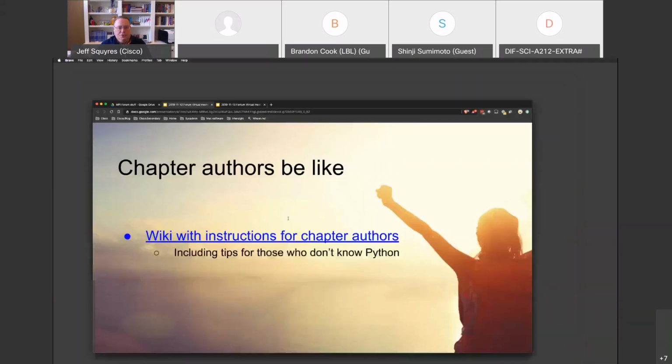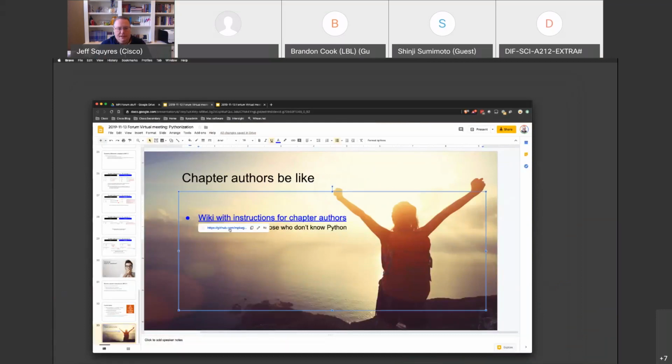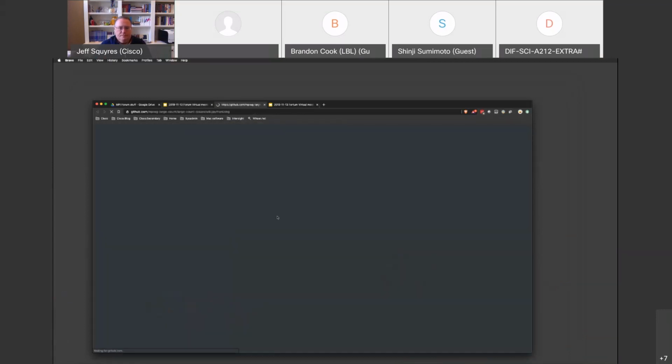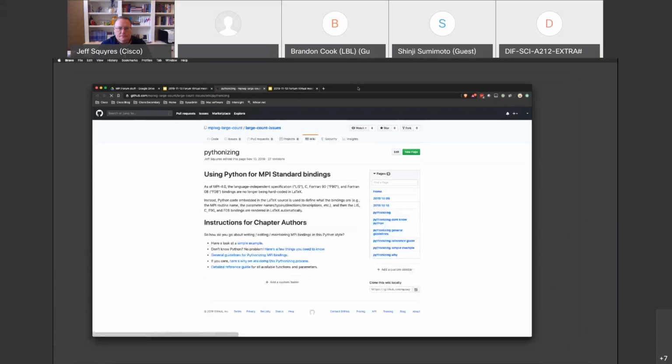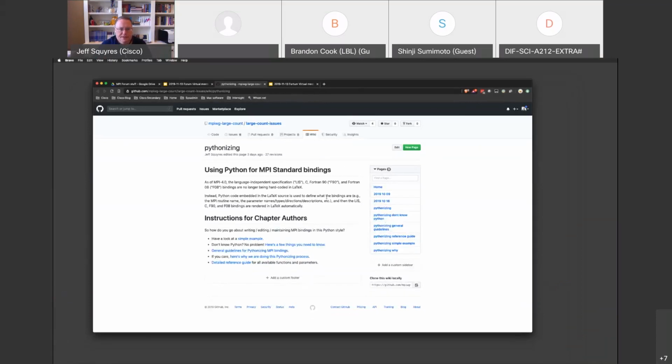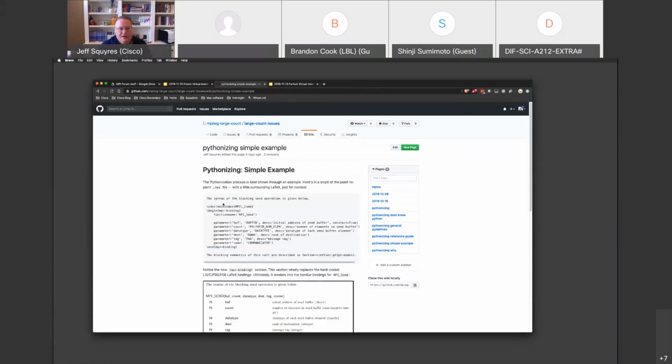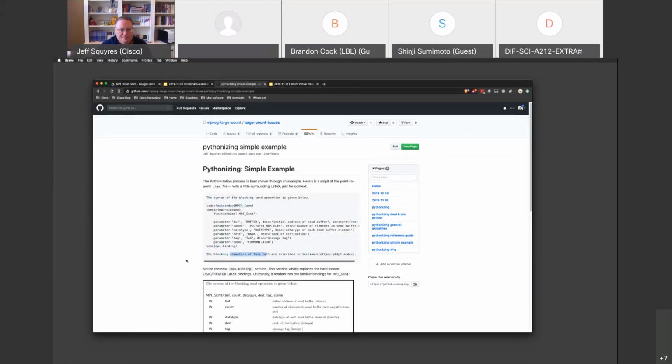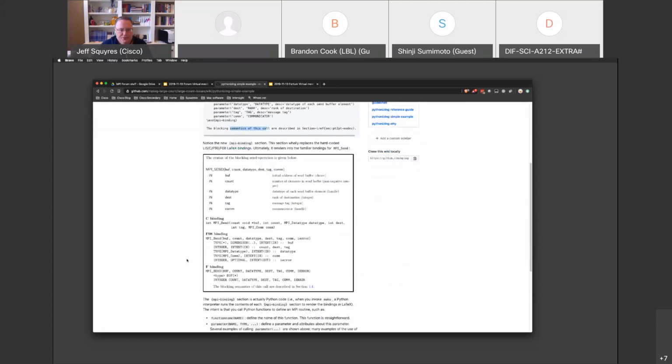All right, I'm going to show you the wiki here. Can you all still see the wiki, like my web browser? Yep. Okay, cool. So here it is. If you look at the simple example, that's just the MPI send that we looked at a second ago. Here's what it looks like with a little bit of LaTeX above it, and there's even a LaTeX before that. And then here's what it renders to. Lovely.